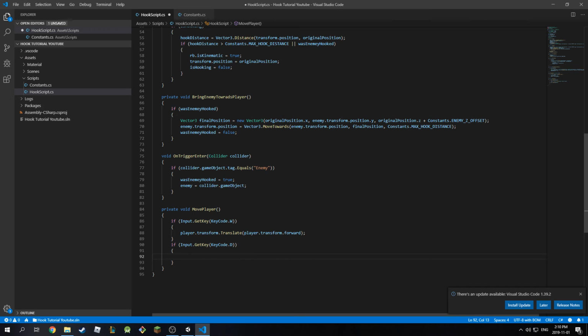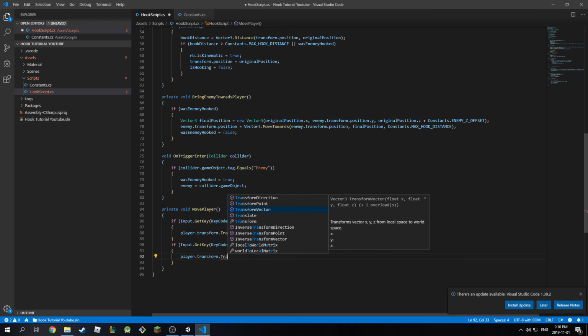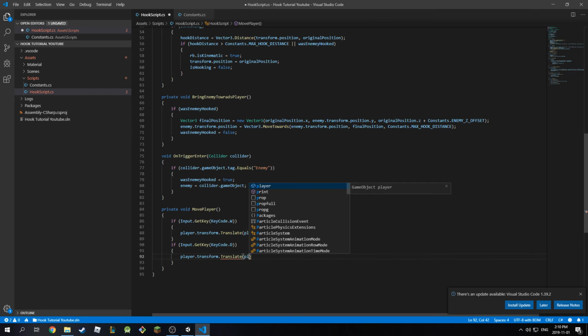So this will go to the right. So I'm going to say player.transform.Translate and player.transform.right,